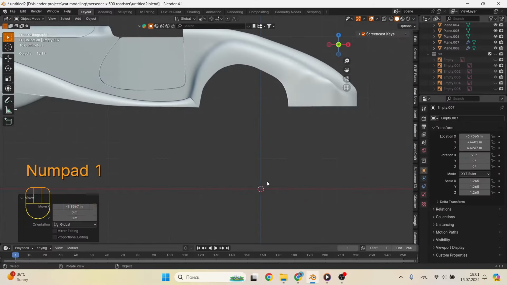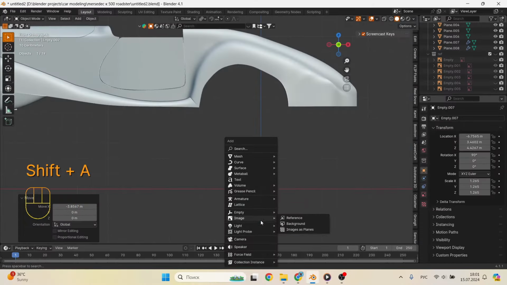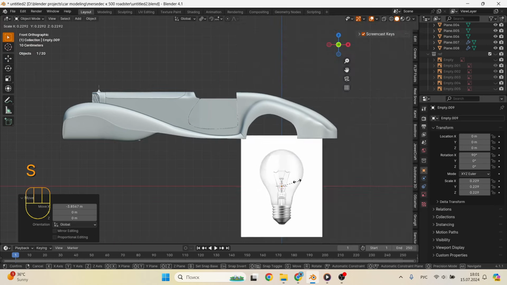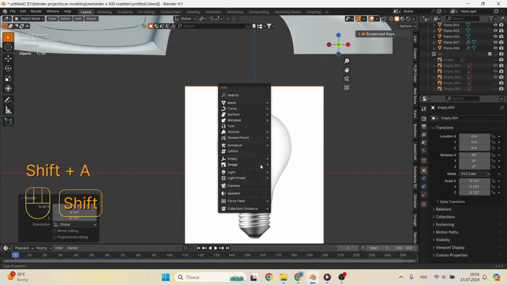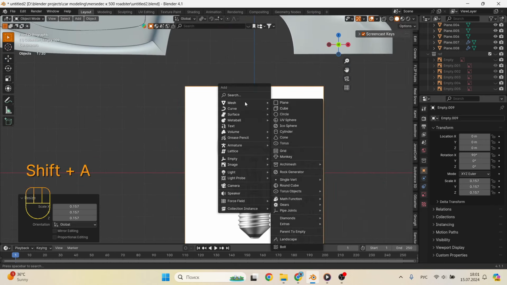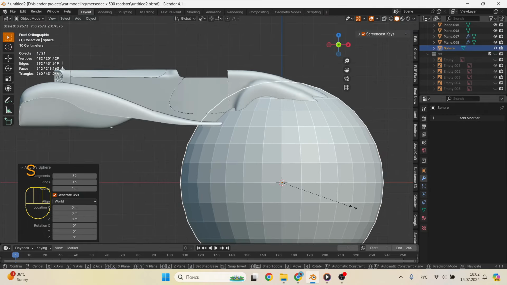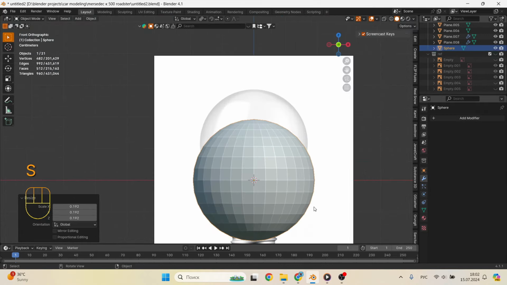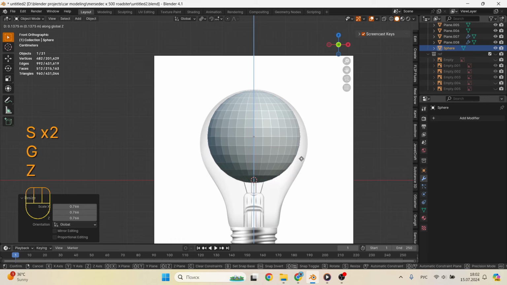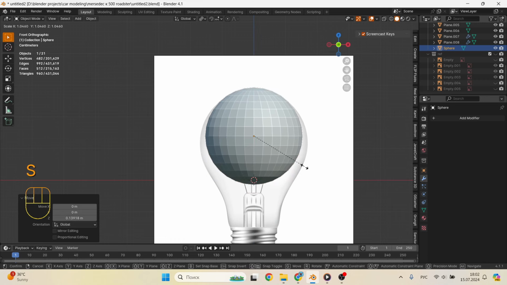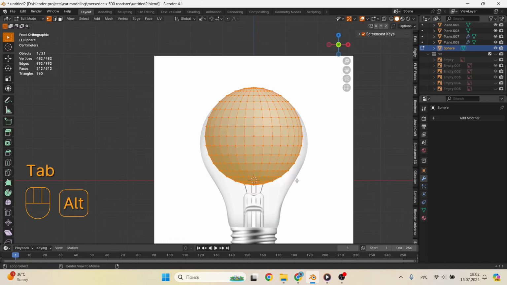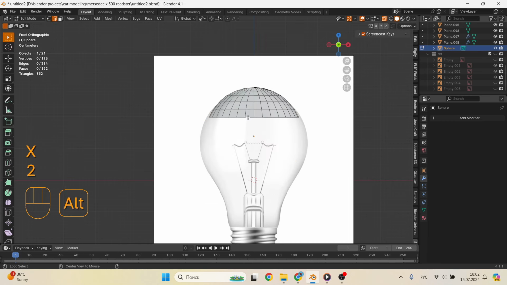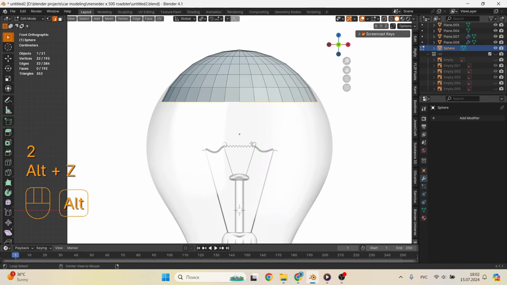As we saw in the reference, in the headlight is an ordinary old incandescent bulb. And that's exactly what we will create now. Take the reference, place it at an angle of 90 degrees, add a UV sphere and place it opposite the reference so that the upper part matches. Turn on the transparency mode and delete the lower half that does not match the example. And then step by step extrude the loops and adjust them to the size of the bulb and repeat its outline.